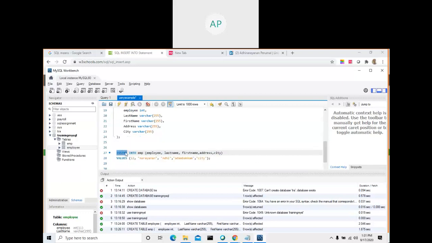So how will you run this query? Select up to here. Click, press shift and click here. Or you can place the cursor here, press shift and click the down key, which is available in the bottom row.